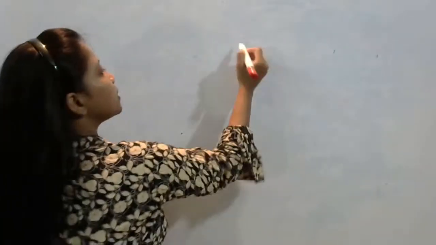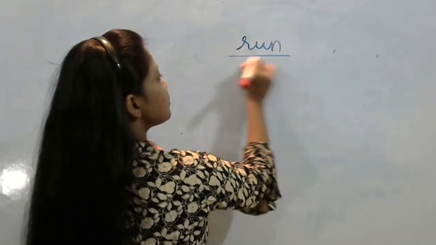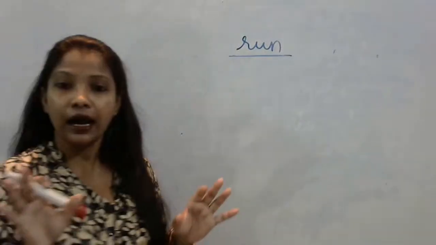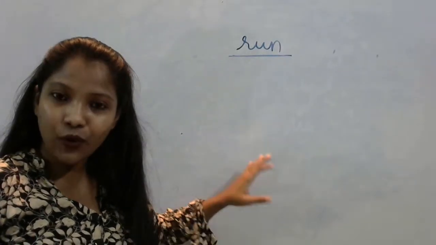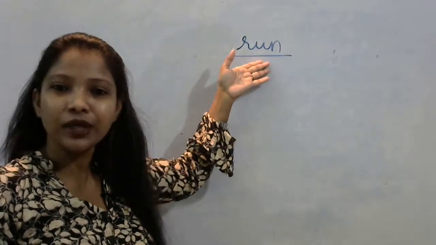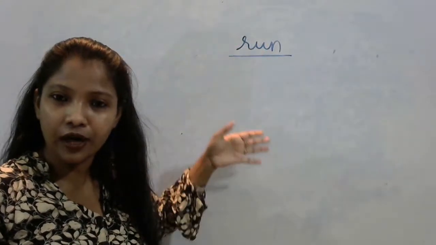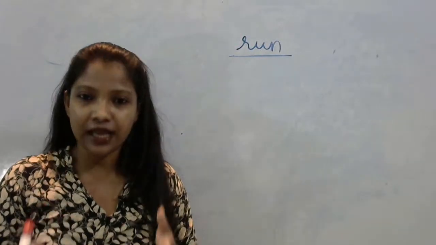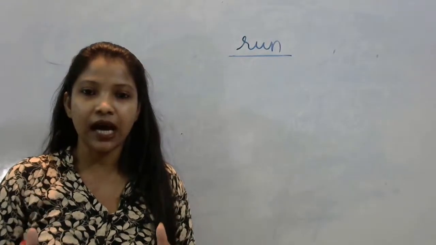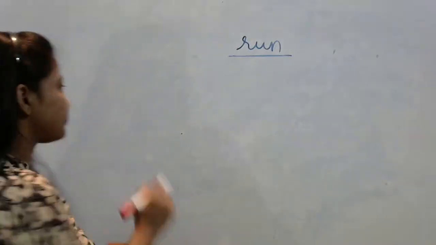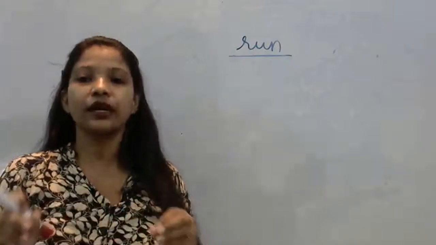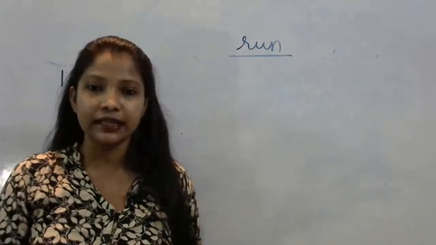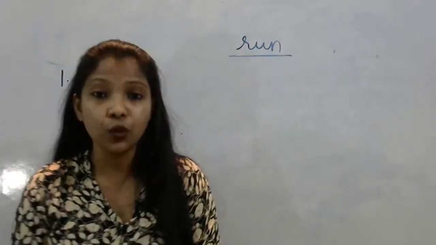The verb is run. Oh, it's not visible. Let's say the verb is run. Now, I'll be writing the subjects. I'll be only writing the subjects. And what you have to do, you have to write down the correct form of verb, whether with S or ES or whether without S. So, how will you write? Let's say if I write one, or runs, you do not have to write the full sentence. You do not have to write all the words.